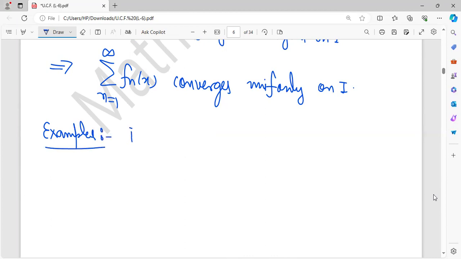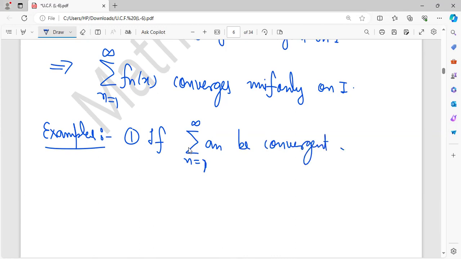So see, first example. Okay, example first is: if the summation n goes from 1 to infinity of a_n is a convergent series of non-negative terms,